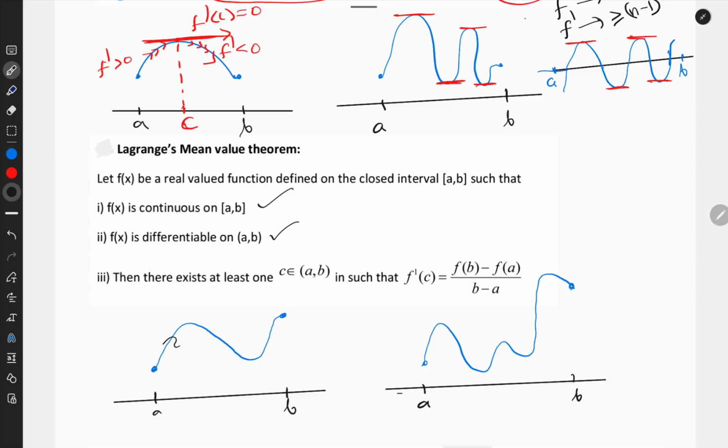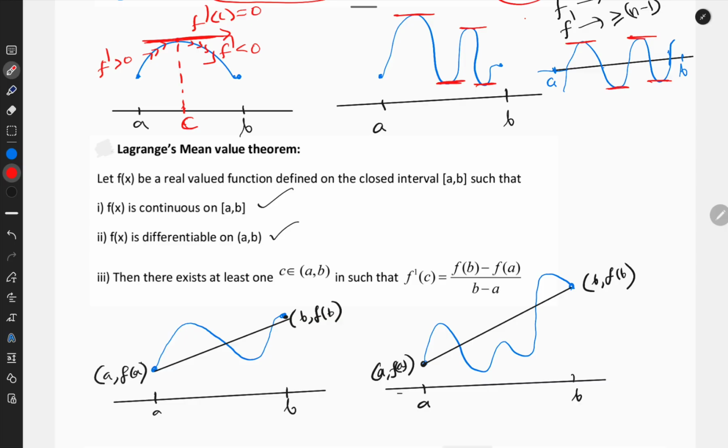Now if you join that, what are the coordinates of this point? a comma f of a, and this point, coordinate b comma f of b, and here also a comma f of a and b comma f of b. Now if you join this starting point and ending point, you can observe that there will be at least one c,